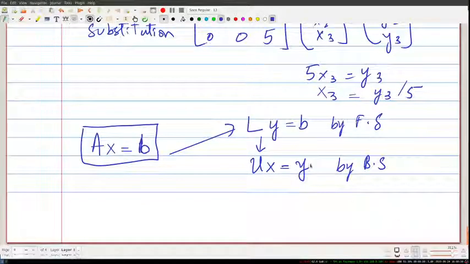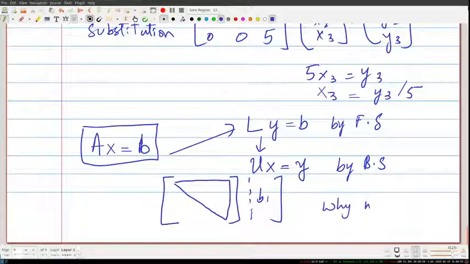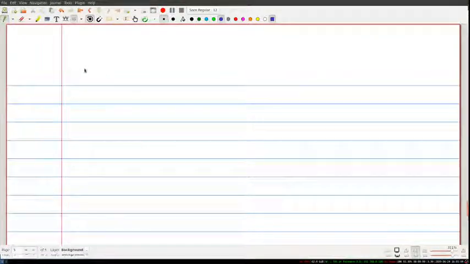Now the important question at this point that you should be really asking me is, again, but why did we do this? Because if you remember, Gaussian elimination was giving me this upper triangular matrix, and I had already augmented the right hand side, and I could have just used this to solve. Why did I need to store L in the first place? Why need L? The answer to that problem is, what if